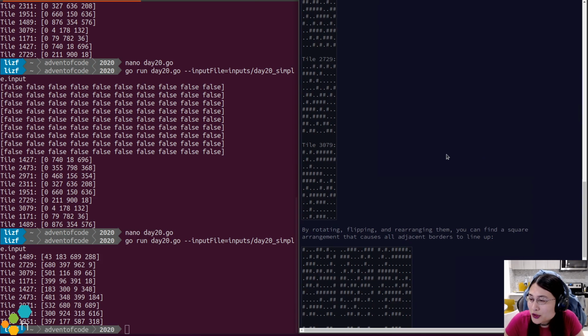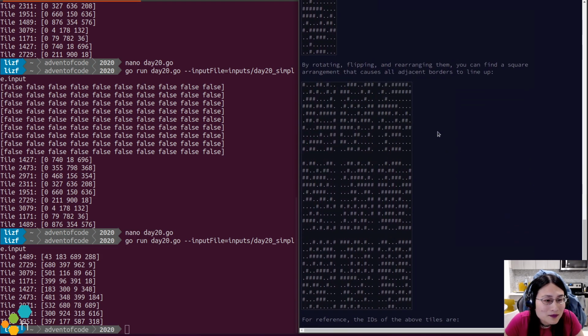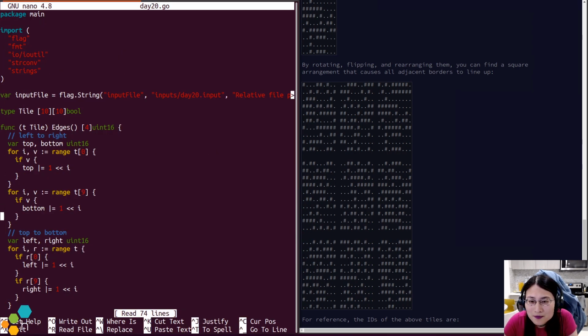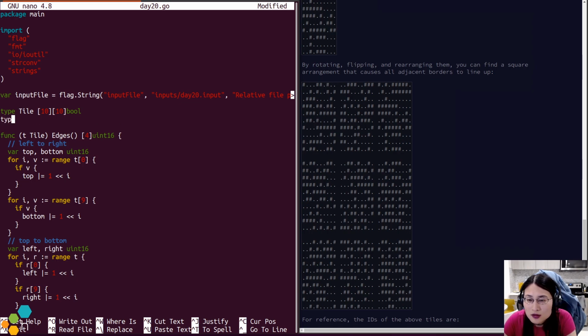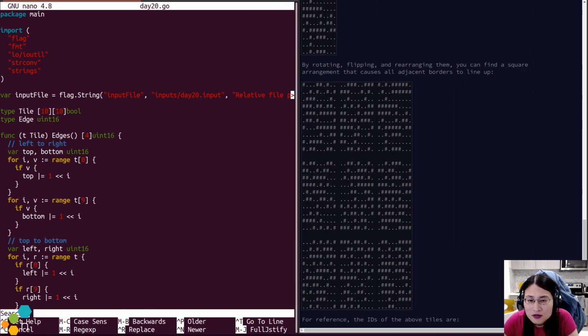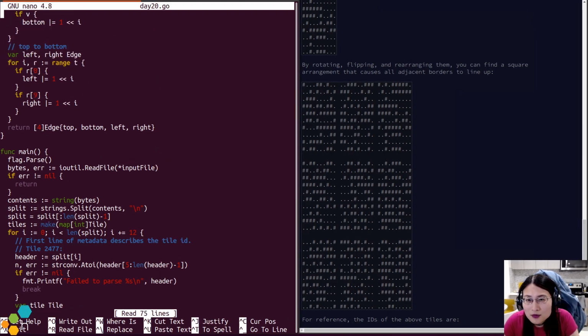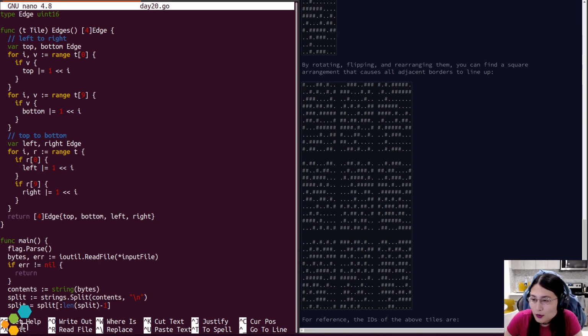So now we should be able to see that some of these should have the same checksum. For instance, 680 goes with 680, 532 doesn't go with anything because there is the potential for them to be flipped. Let's just make sure that that still compiles. Okay. So I need something that is able to flip an edge as well.